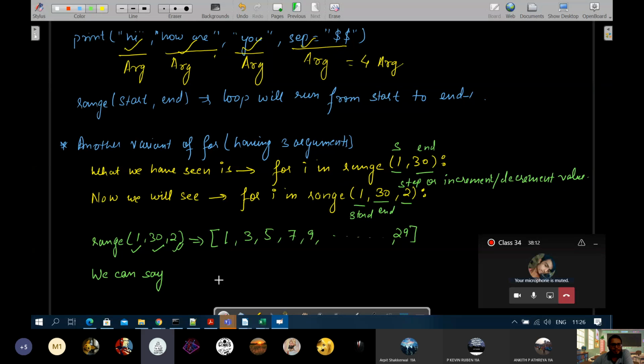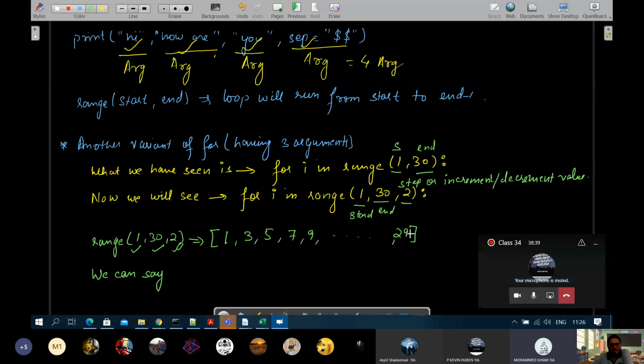Sir, here in range, when the value stops means after 27 or 28 means the loop stops. Come out. Which one? Here. Tell me, will it be able to reach? Don't look into this. Look into the list generated. 29, sir. So it will take 1, 3, 5, 7, 29. There is no other value. It won't go even after that. So it won't reach 30.